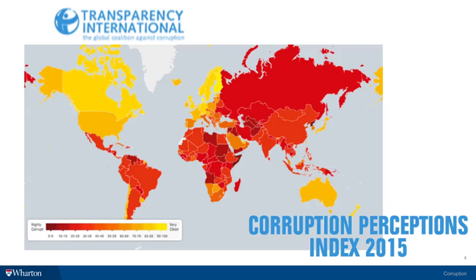Now, I love Transparency International. They're an amazing organization. They are publishing the CPI later and later every year. And so it is generally not until December that we get that year's iteration, which is why I'm using